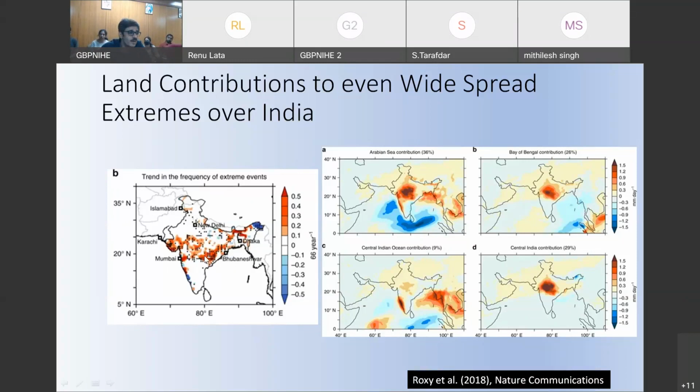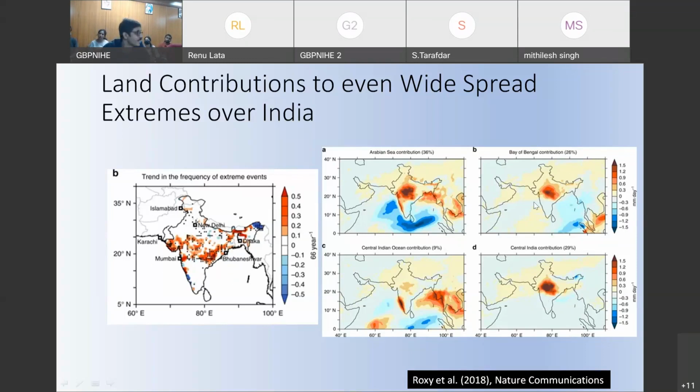So we tried to understand what the major contributors are. What we found is that the Arabian Sea is the major contributor. Next, we thought the second contributor would be the Bay of Bengal, because normally this kind of extreme precipitation has some connection with the depressions that generate over the Bay of Bengal. But what we found is that Bay of Bengal depressions only drag moisture through this moisture surge, but they do not contribute much. You can see that a 26% contribution is coming from the Bay of Bengal, but